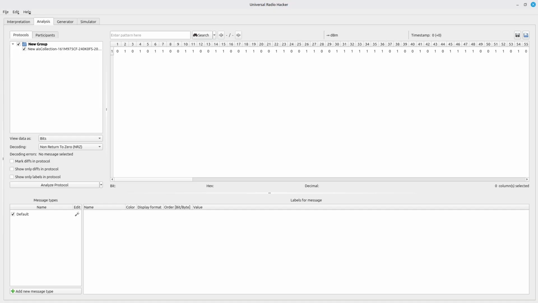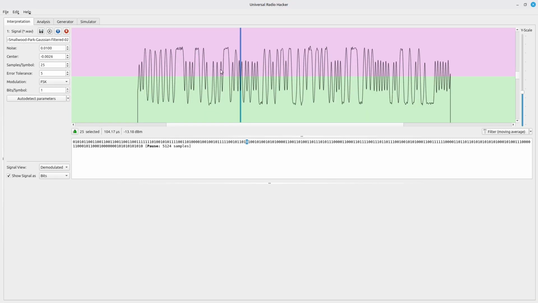Differential means that you're not looking at the absolute levels. So let me come back over here into this mode. You're not looking at the absolute levels as either 1 or 0. You're looking for the transitions, meaning that typically, they use a transition going from high to low or low to high as a 1 and no transition as a 0. NRZI is a generic term just meaning that you're looking at the transitions, but it doesn't tell you whether or not the transition refers to a 1 or a 0.